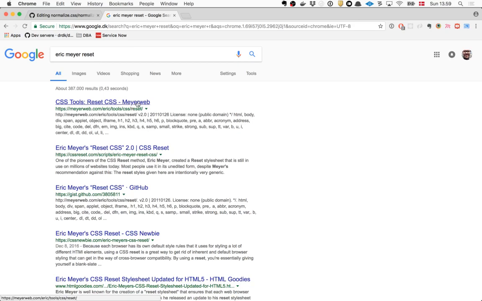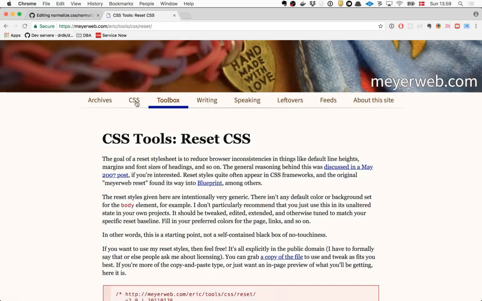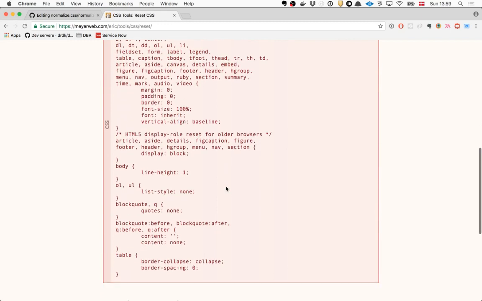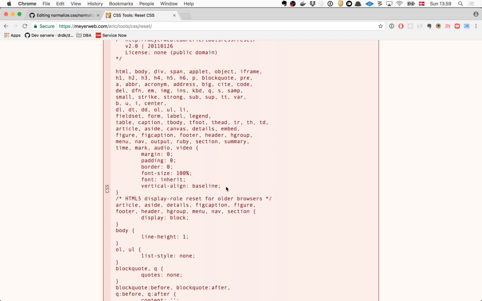So this should be the one. Yeah. So this is like the old way of doing it. Oh yeah, that one I know. So he came up with this set of things, like if you scroll up. You'll see that it's body, it's div, it's span, all those things that you might have seen or haven't seen. He's just saying, please apply 0 margin, 0 padding, 0 border. Like I want this to be the most neutral ever.